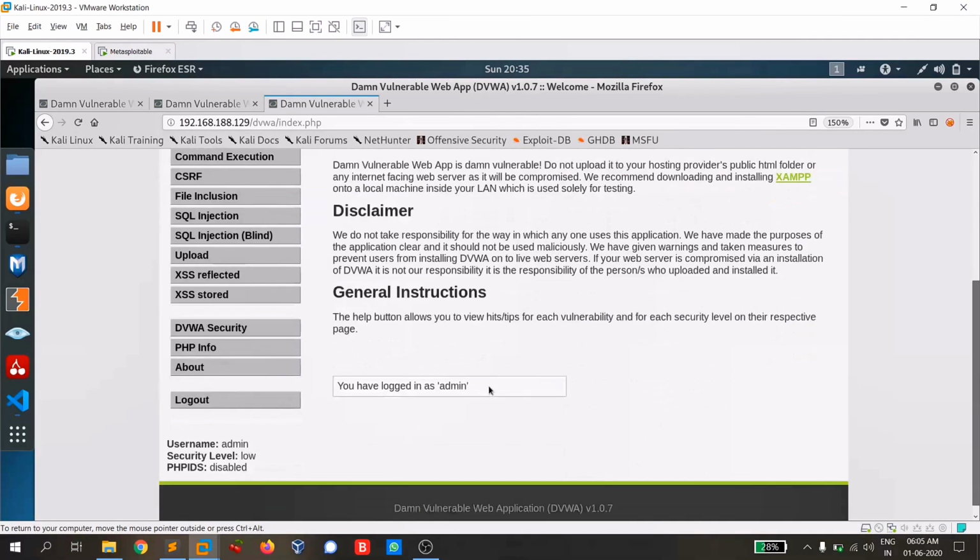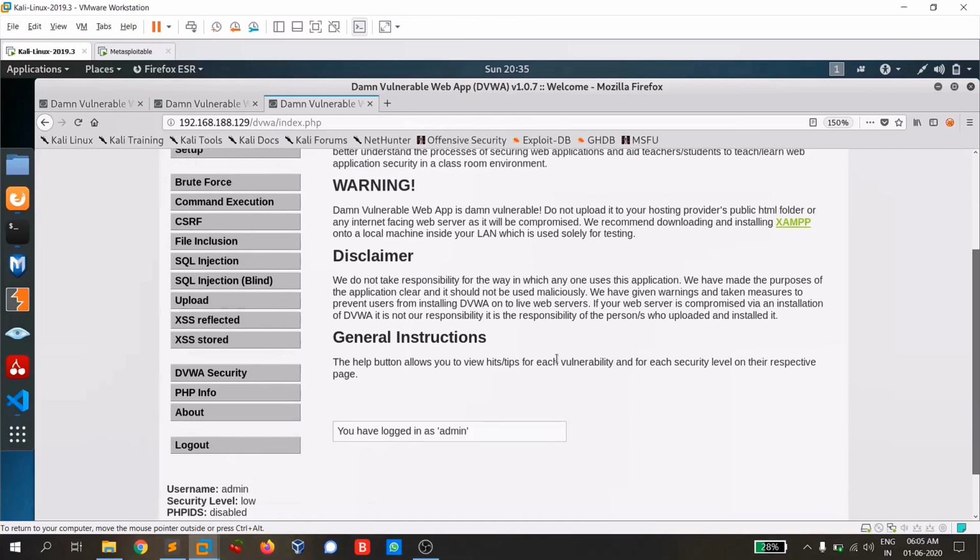So guys, this is how you can exploit the CSRF vulnerability, and particularly this attack is going to take the account from the target, and he's never going to log into it.